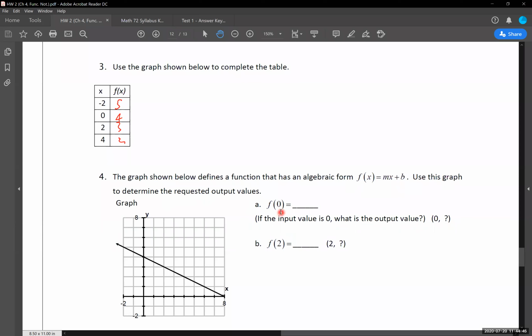So if it's written this way, we have an input value of 0. We want to find its output value. I find 0 on my x-axis. I want to find what is the output value. What is the f of 0 value? And it's this point up here. So what's our output? Writing it in as 4. Thinking on it the exact same way with our value below here. What is f of 2? 2 is our input value. Going over 2 spaces on our x-axis, we're going up to find the y value of 3. We have our answer there.